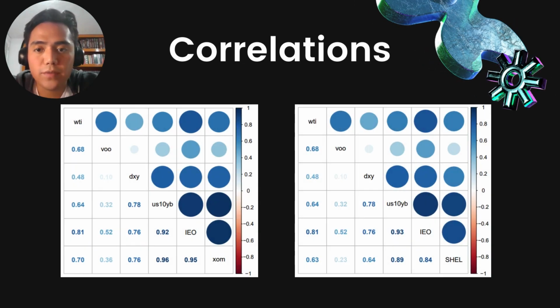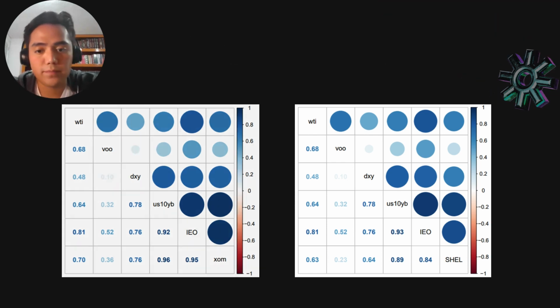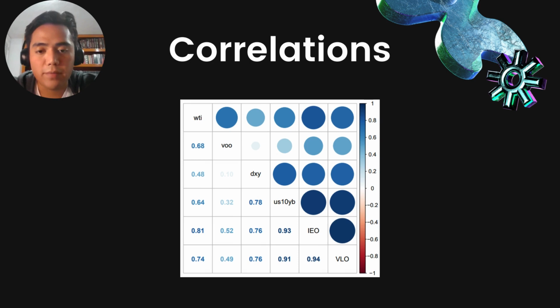As we can see in the different correlation maps, almost all our variables have a strong relationship with the ETF IEO, which stands for iShares of oil and gas in the United States. And of course, we have a smaller correlation, or not that relevant, from West Texas Petroleum. We also have here Valero, which is another company that operates with petroleum, and as you can see, the strongest correlation is between our stock